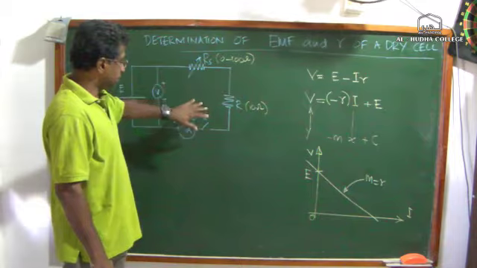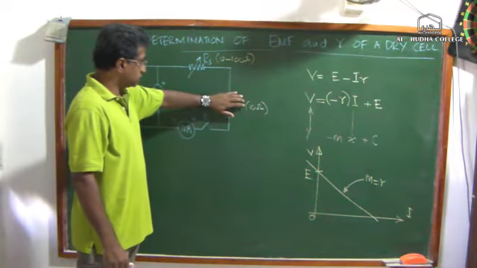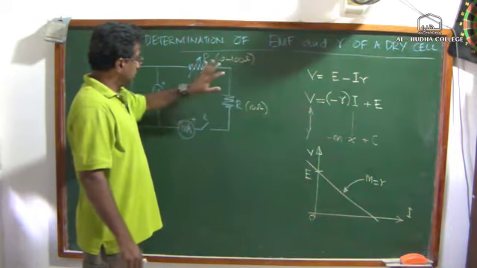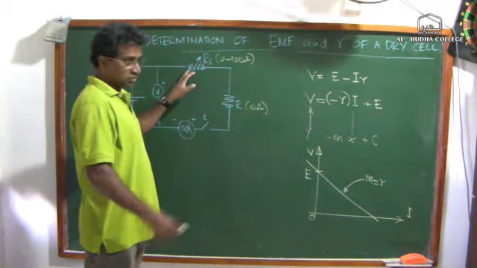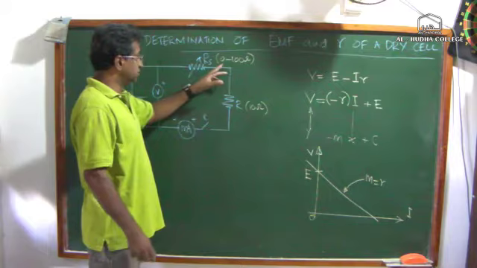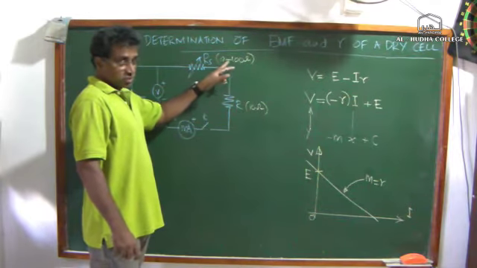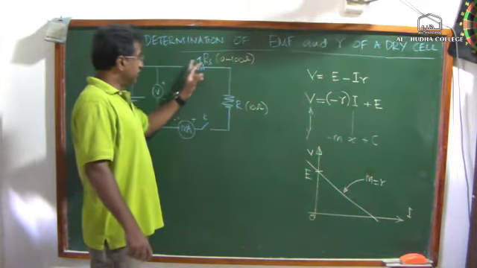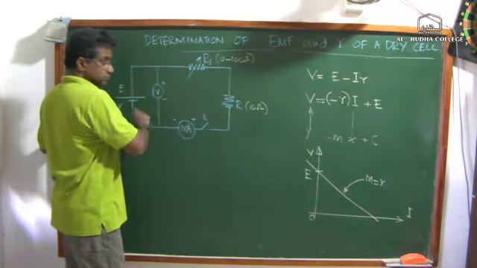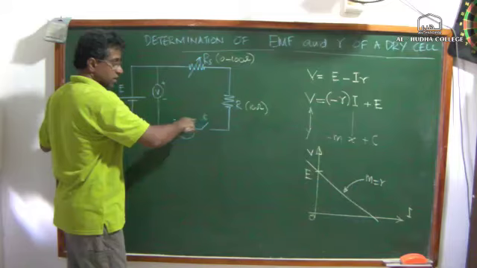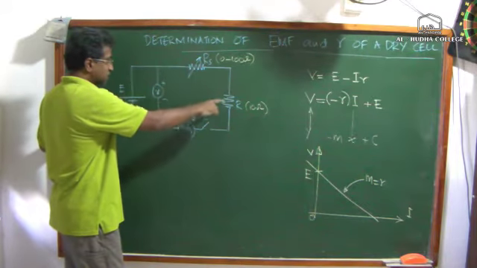So in case, imagine R is not present, and the series resistance is accidentally brought to 0, because it is a variable resistance. It can be varied from 0 to 100. So accidentally if you bring it to 0, the circuit will be shorted. So there will be infinite current flowing. So that current is controlled.